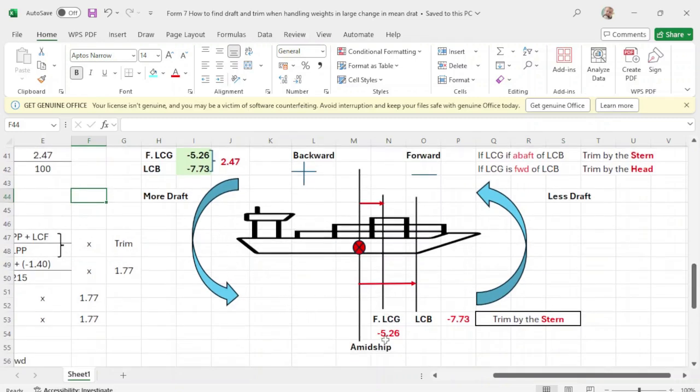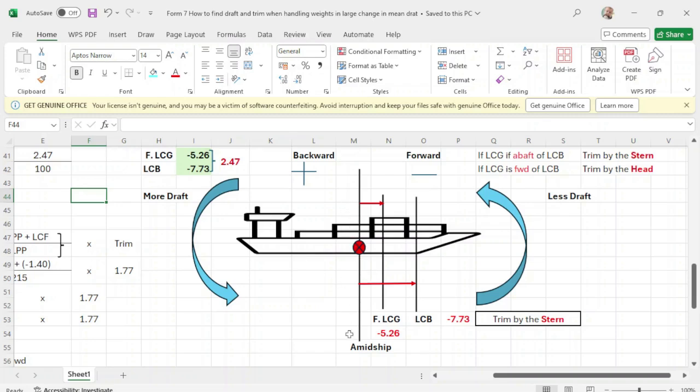Its final LCG is negative 5.26. So from amidship, you measure forward about 5 meters and 26 centimeters. Then this will be your vertical line of your LCG. Negative because you are on the forward part of the vessel, the sign is negative. And your LCB, which is negative